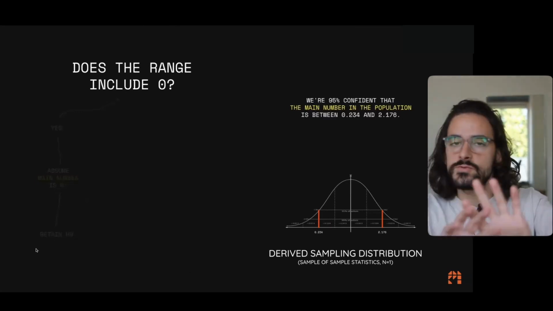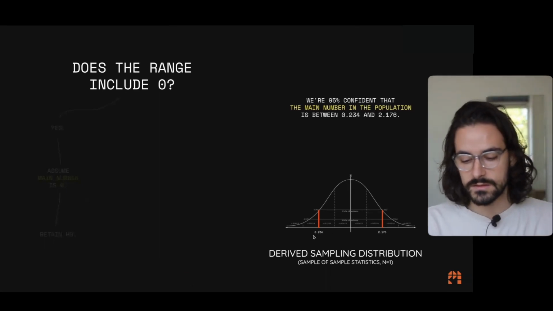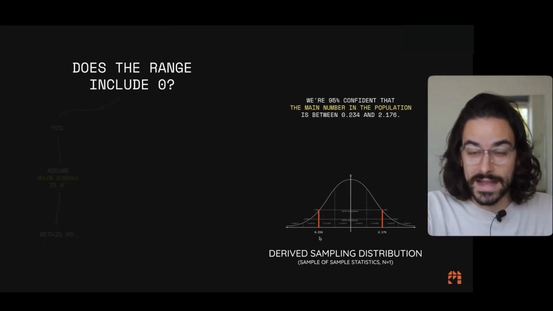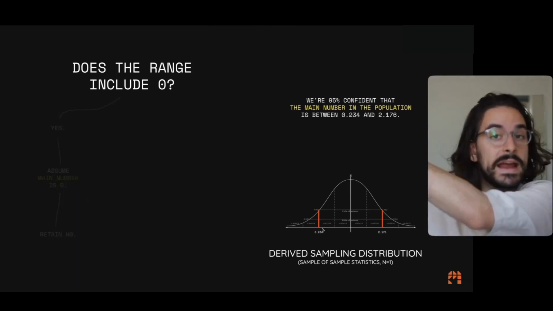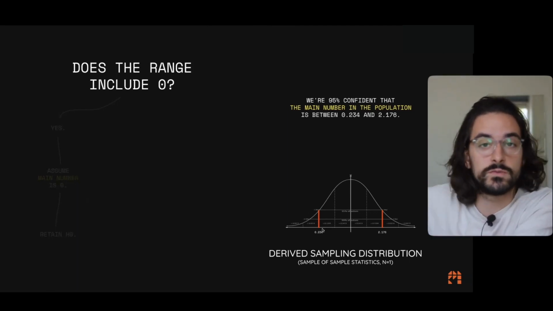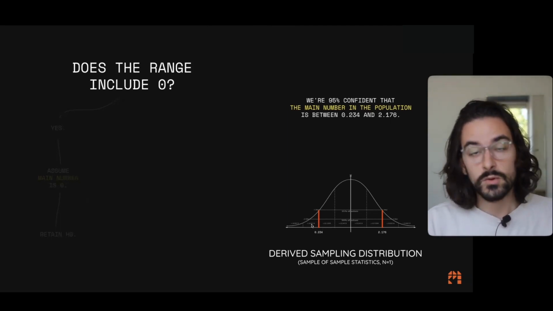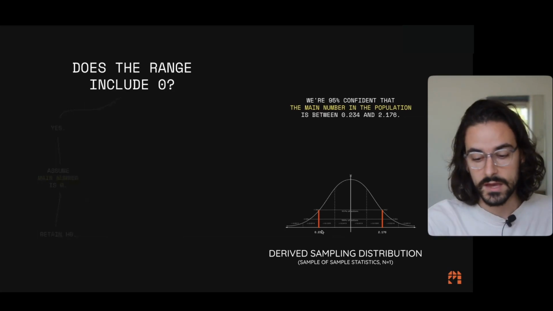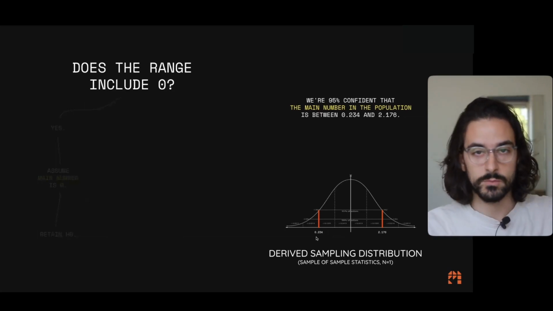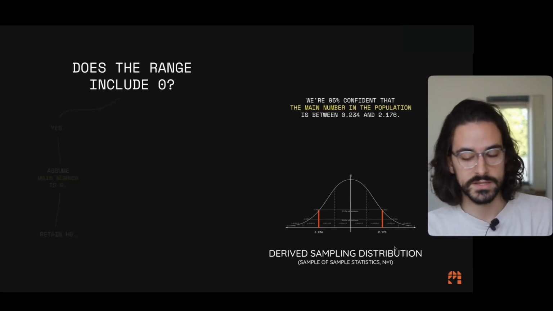Okay. Now, let's work in a different scenario. Let's say that the interval, pay attention, I changed the lower bound here. Now it's a different number. We're working in a parallel universe, different study, different reality. In that study, which is different from the study we started with, the lower bound is 0.234 and the upper bound is 2176.